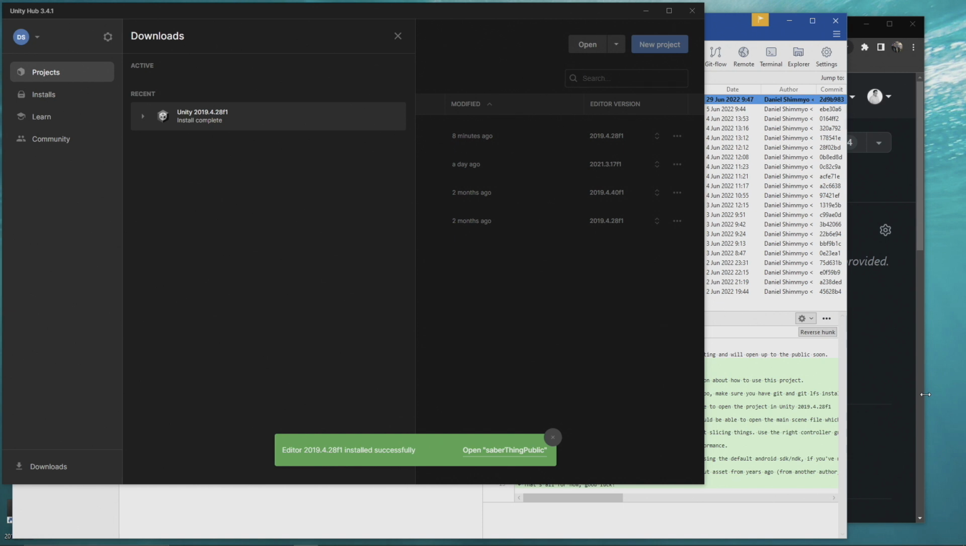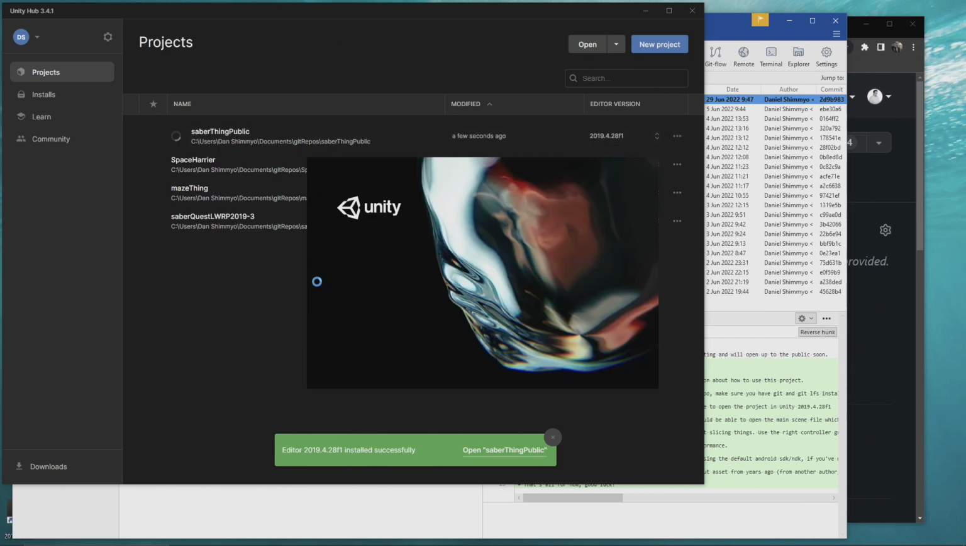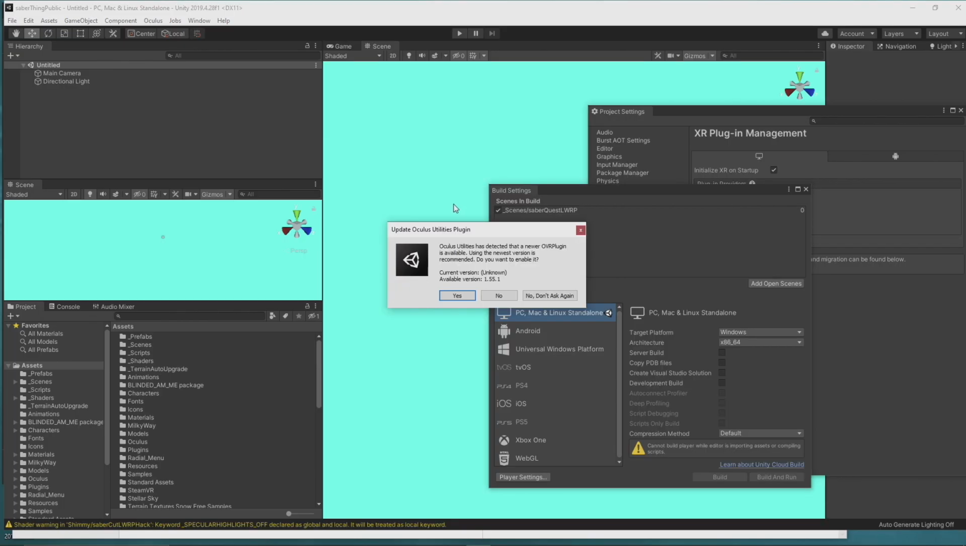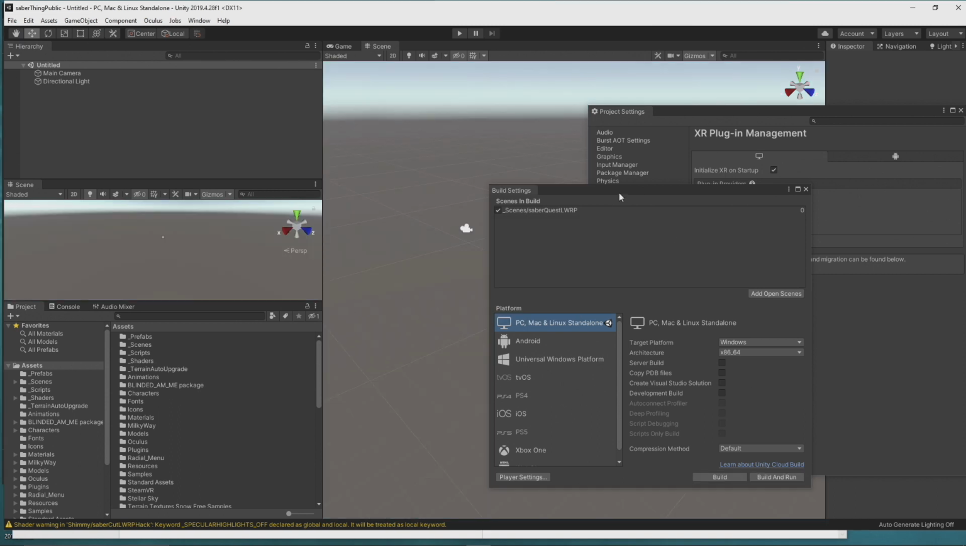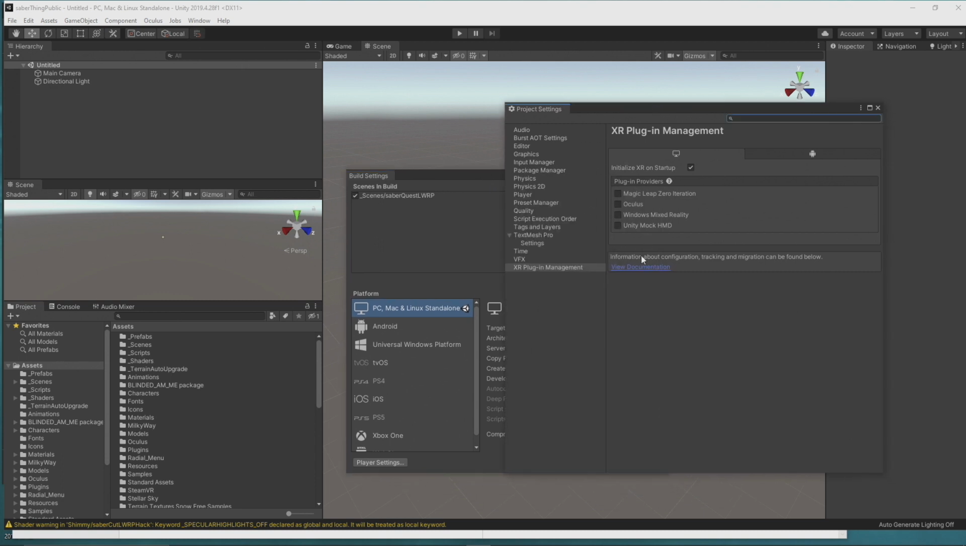Okay, it looks like it's done. Go back to projects, and let's open it up. I'm going to click no. So let's see, there's one scene. We got our XR Plugin Management, which for some reason,